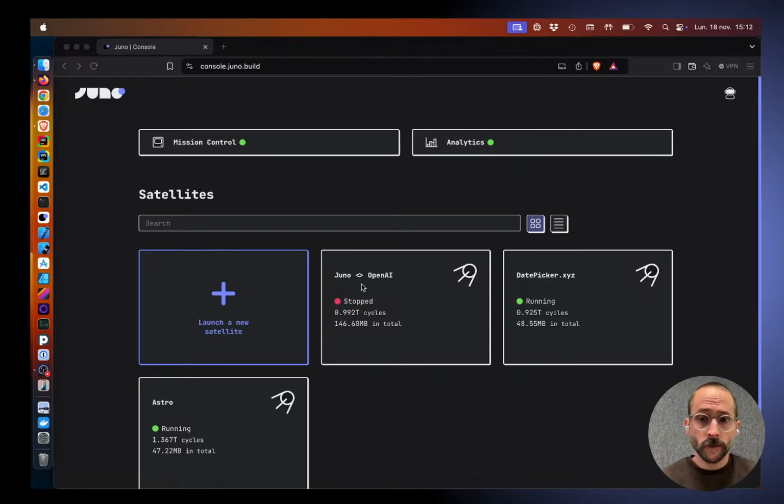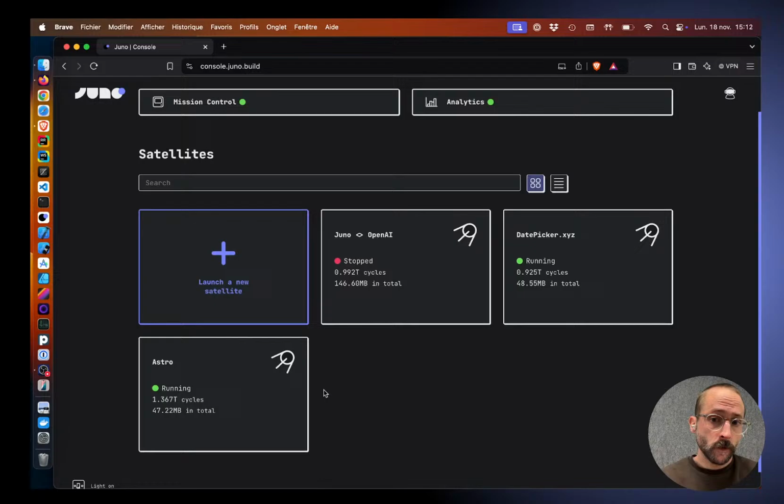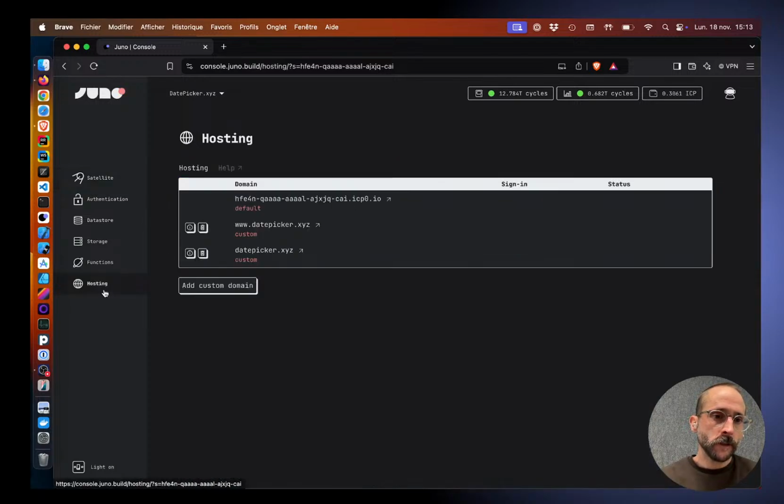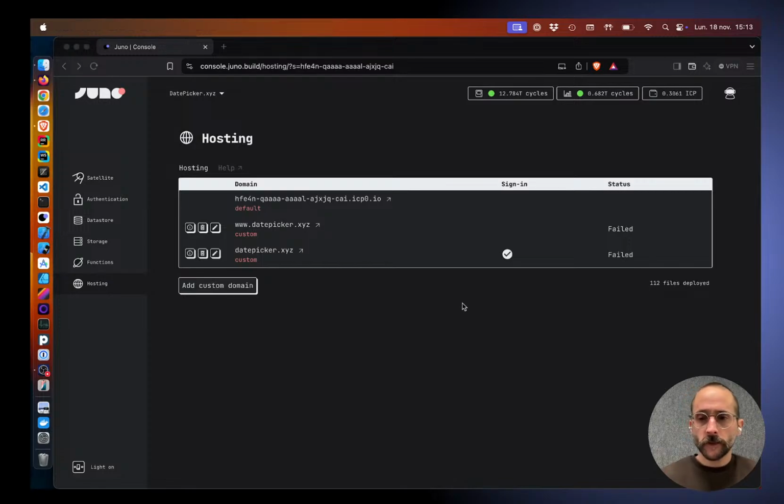So I changed this. It means that, for example, let's say that's our application, and instead of having to go to hosting and redo the wizard to change the derivation origin,